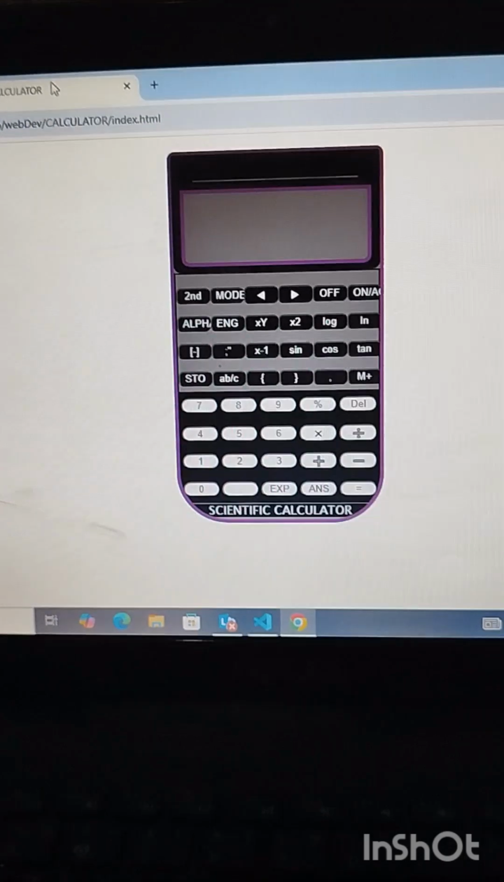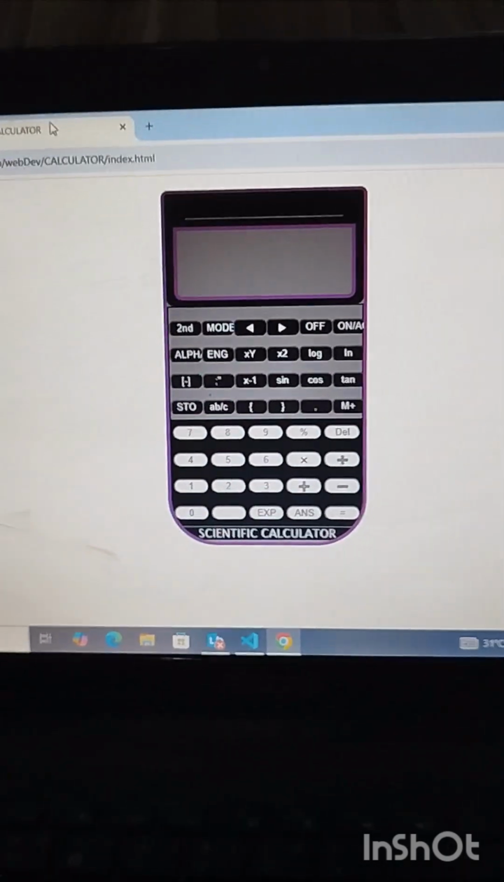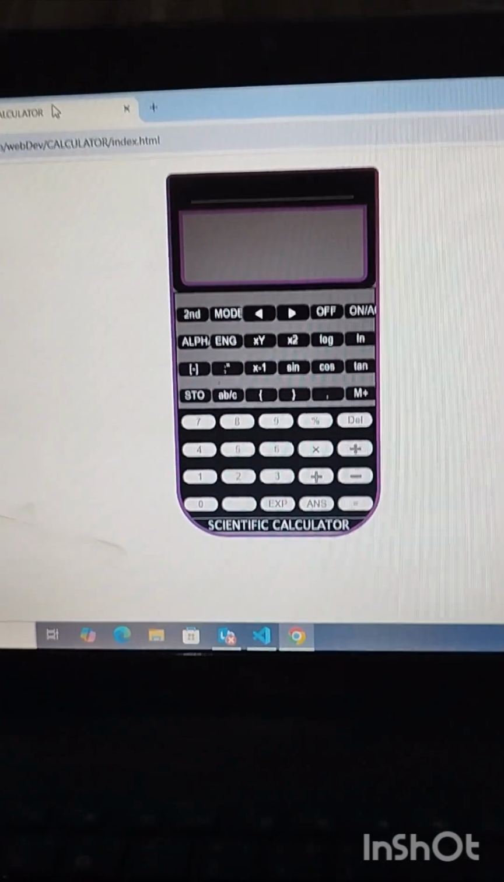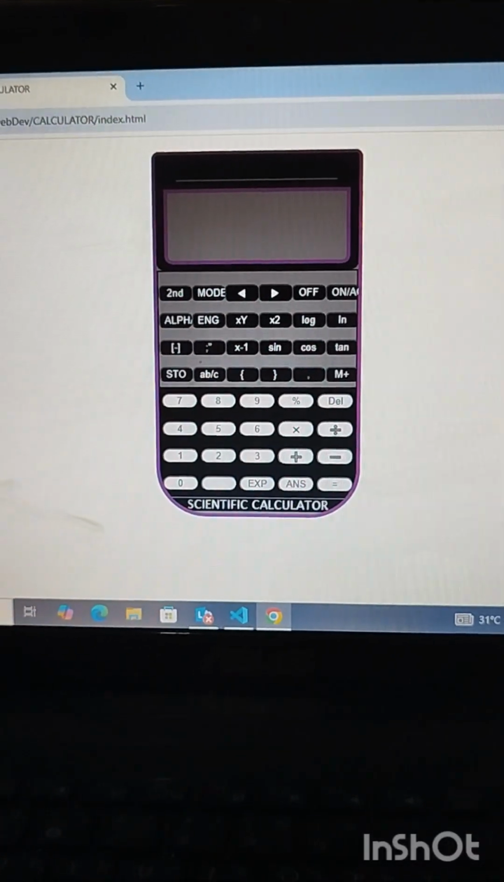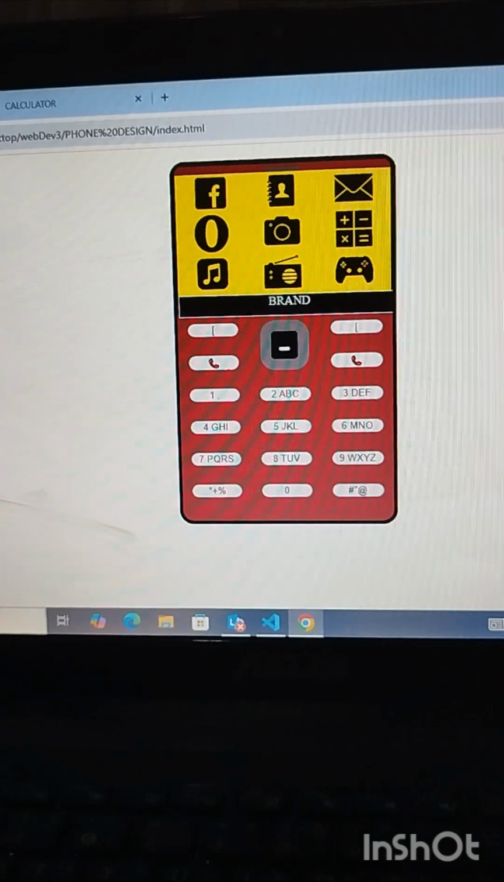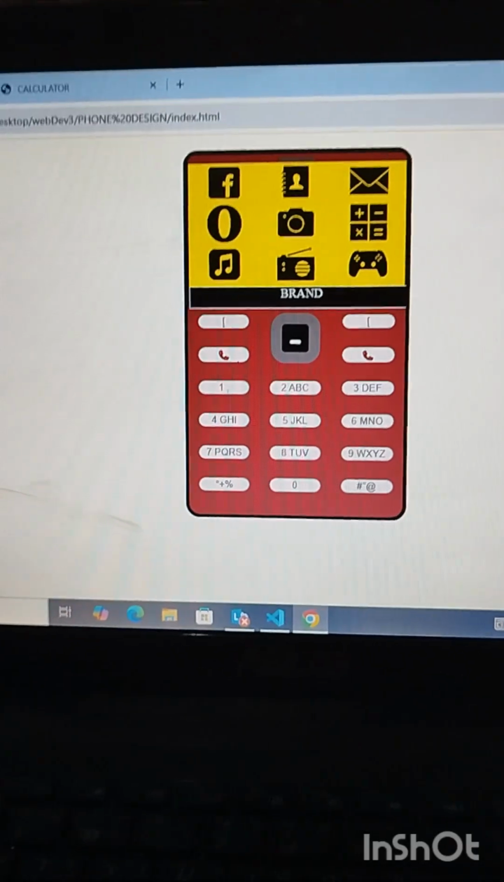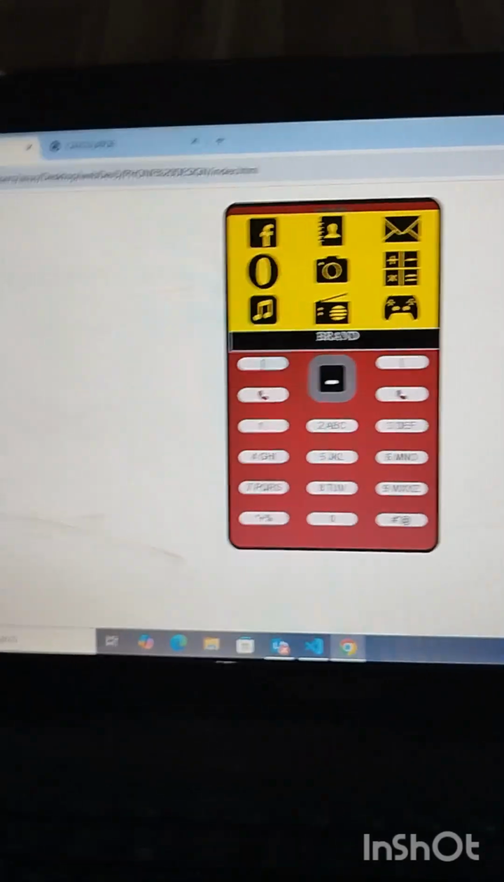I'm an upcoming web developer. So I'm doing this video to explain how I designed a phone and a calculator using CSS and HTML. As you can see, this is the design of a calculator I made using CSS and HTML, and this one is the design of a button phone I also made using CSS and HTML. So going further,